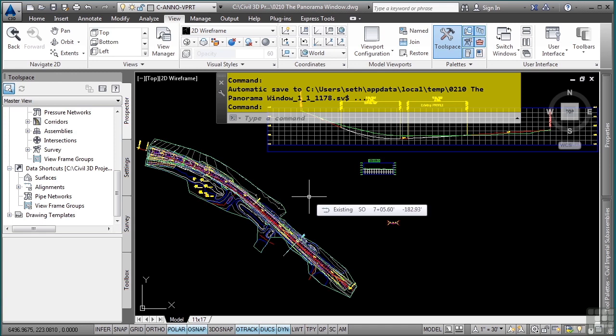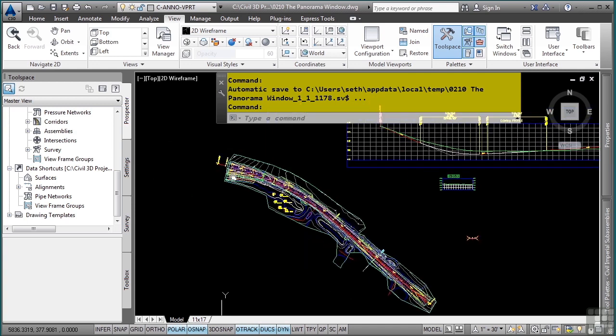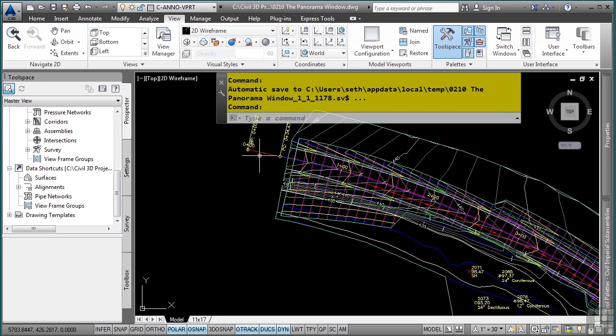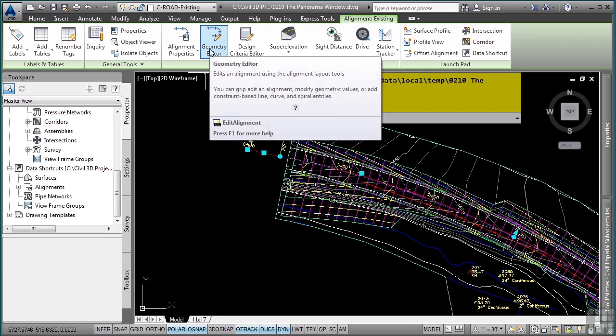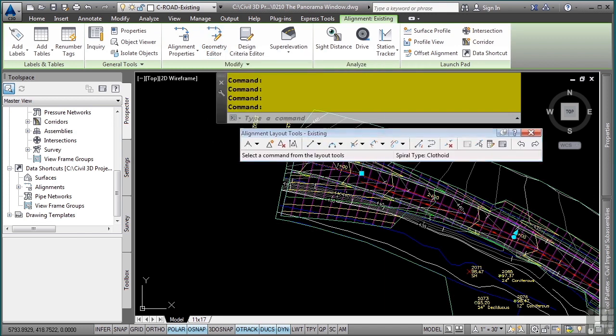edited. To conserve screen space, if more than one vista is active, the Panorama Window displays a tab for each one of the vistas. When you are editing some Civil 3D information, it will automatically open the Panorama Window. For instance, I'm going to zoom into this alignment, I'm going to select it, and choose the Geometry Editor from the Contextual Ribbon tab. In the Alignment Layout tools, I have the Alignment Grid View Editor, and when I click